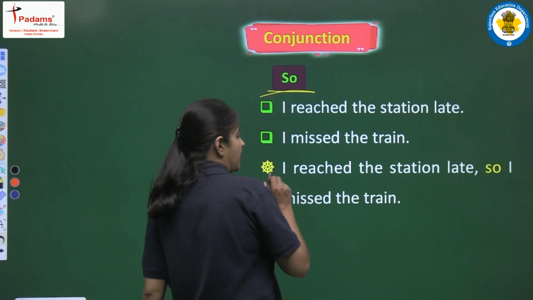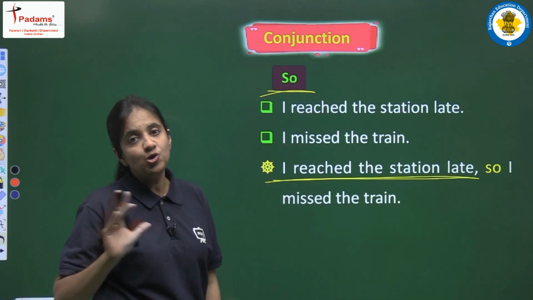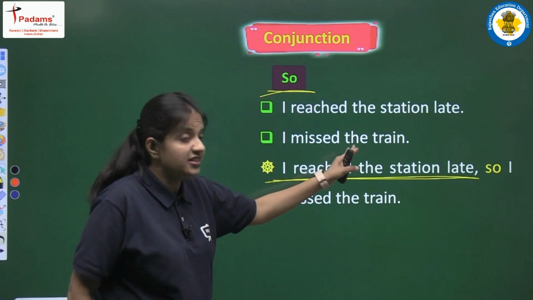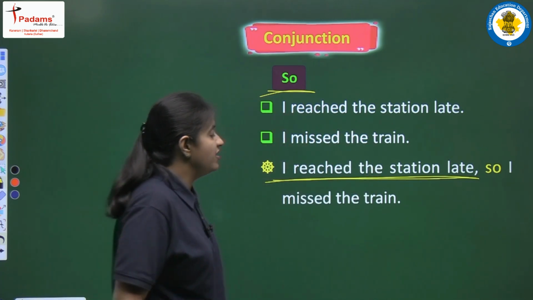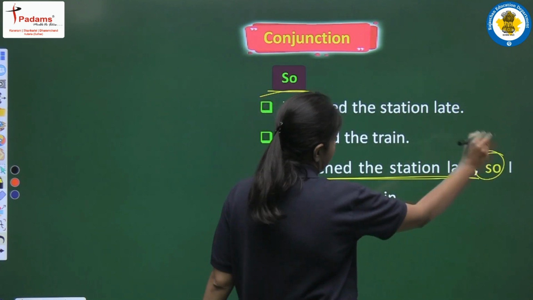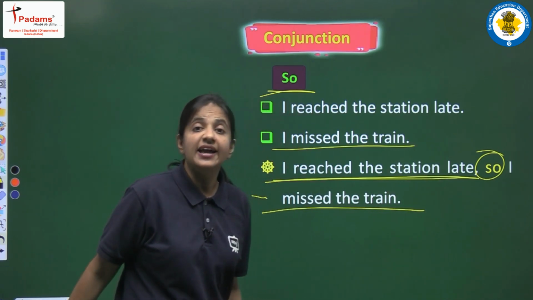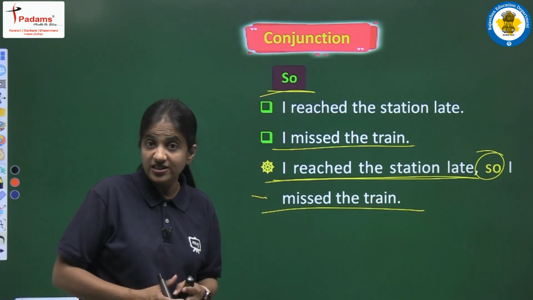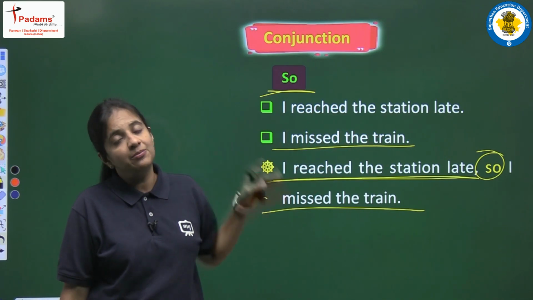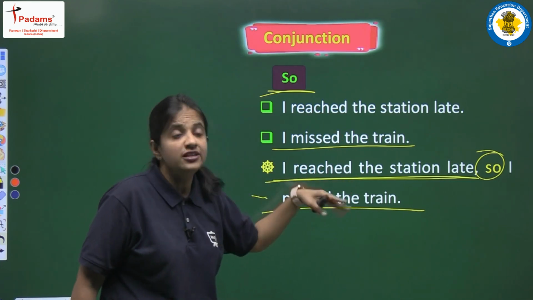First of all we have to write the first sentence completely in the similar manner without doing any changes. So we are writing I reached the station late. Next we have to use so as the conjunction. So we are writing so here. Next we are writing I missed the train. It means we are writing the second sentence without any changes. So now the complete sentence will be I reached the station late, so